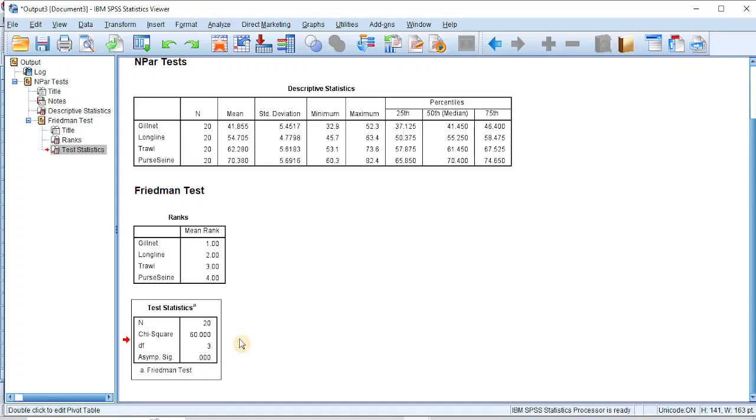As you can see, the chi-square is 60.000 and is very large, strongly suggesting that the methods do not produce similar catch per unit effort levels across the stations. Also, the p-value designated as Asymp. Sig. is 0.000, which means the p-value is less than 0.001, which is